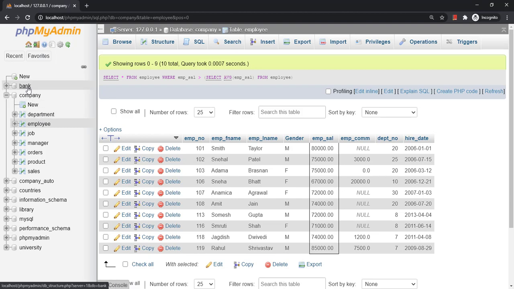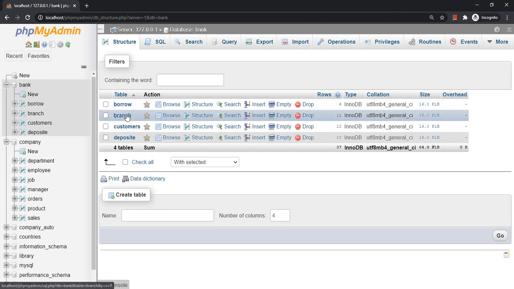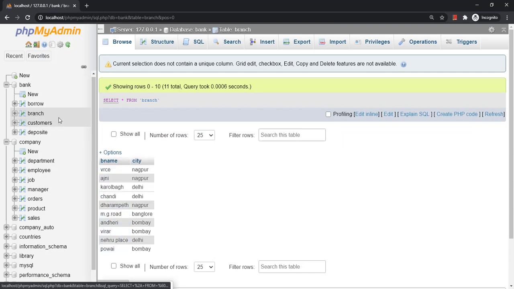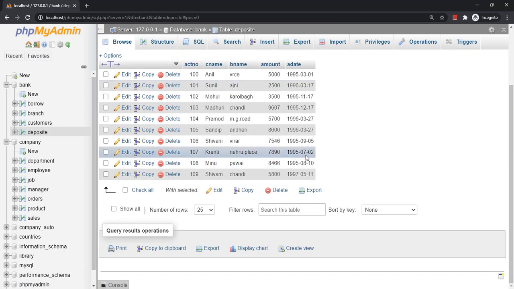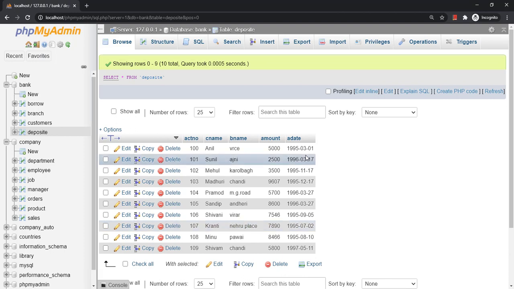Again, let us see one more example. Suppose I have a table called deposit table, and in the deposit table I have the list of depositors. Now, I want to find out the customers who have opened an account in the same branch in which Madhuri has opened an account.